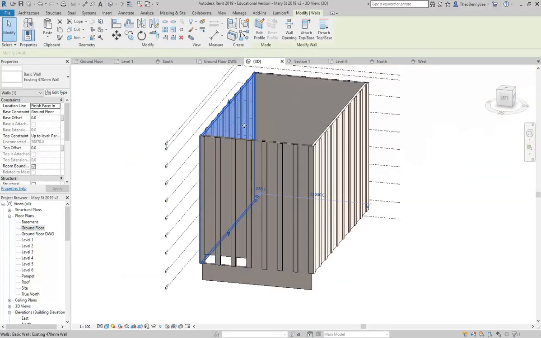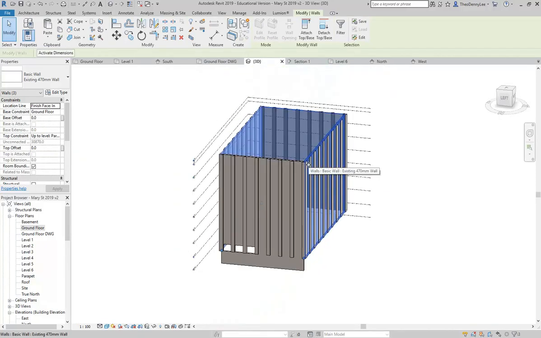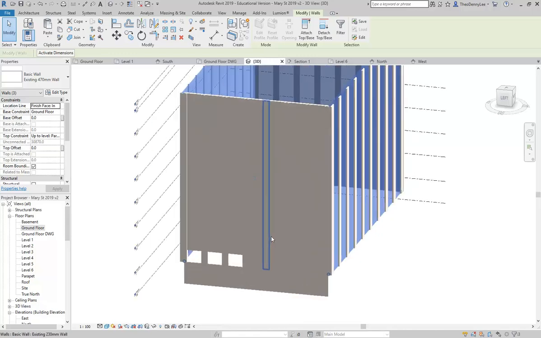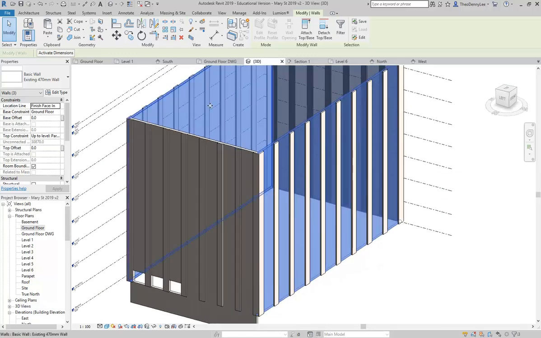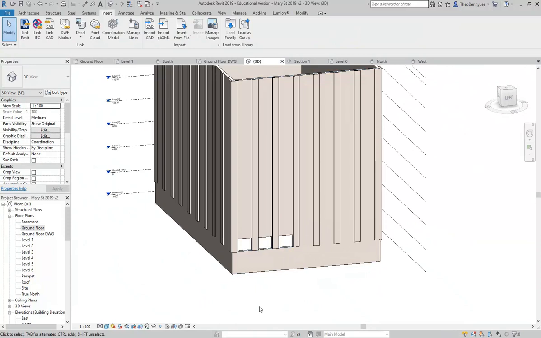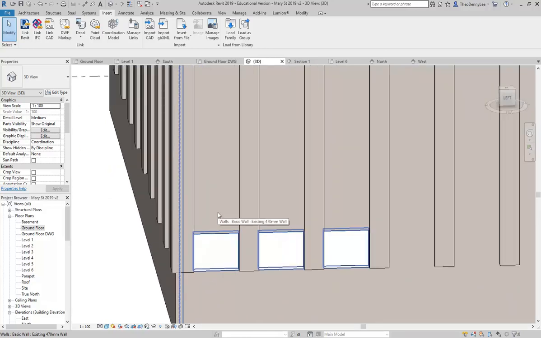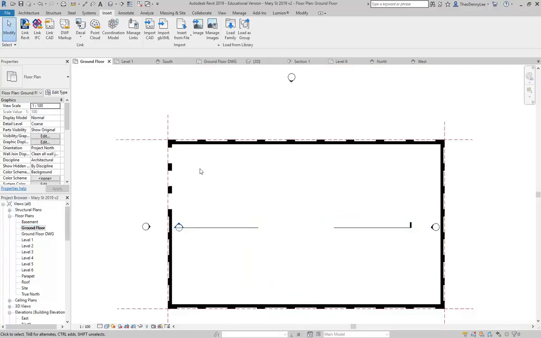Maybe it's not a bad idea while you're at it to bring the other walls down. If it let you finish it, that's fine. I'm just here selecting the other three main walls so I can bring the base constraint of those down to the basement as well, so we can see the full height. So that's it for the first part of the opening. Actually, that's going to come up more anyway later, but for now we'll keep it simple so that you can go back to your plan now,